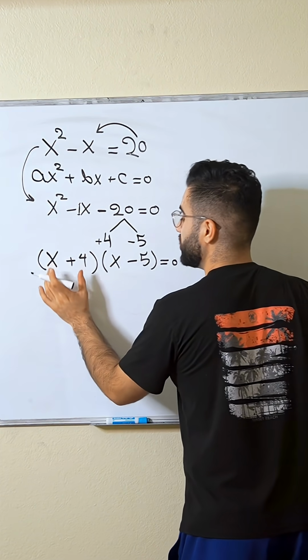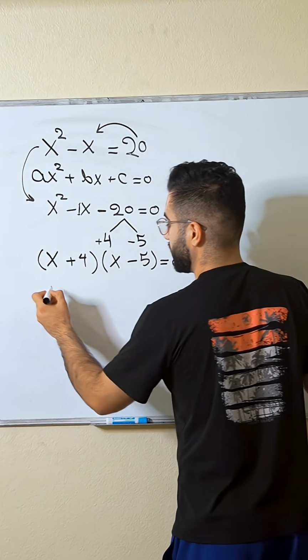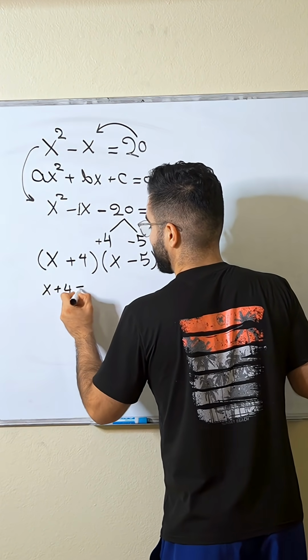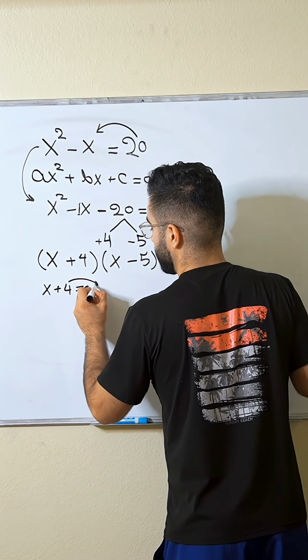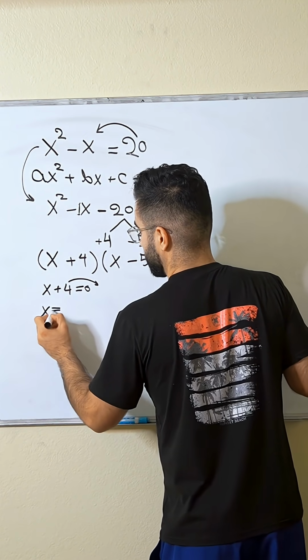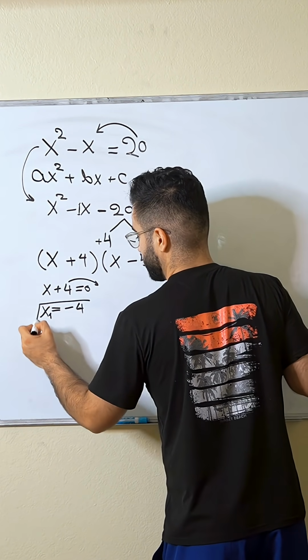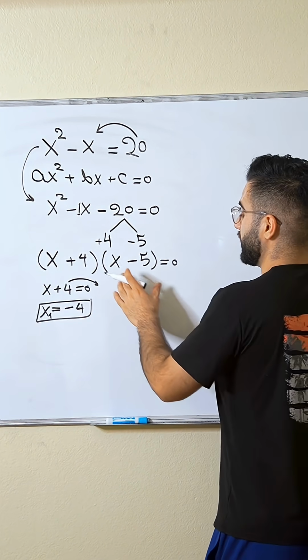So now I'm going to put each parenthesis equal to 0 individually in order to find the value of x. So x plus 4 is equal to 0. I move 4 to the other side, so it turns to a negative 4. So this is my x1, which is one of my values for x. And then